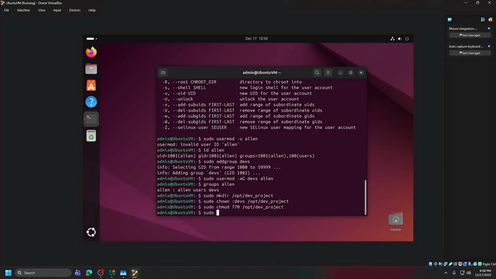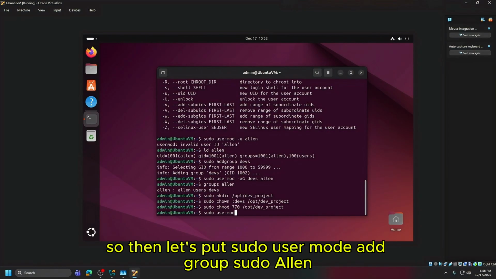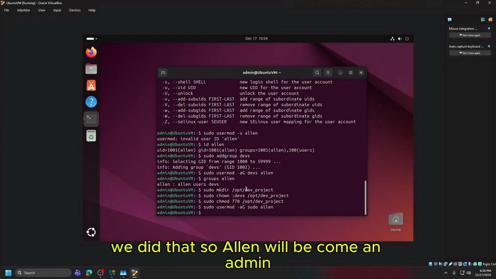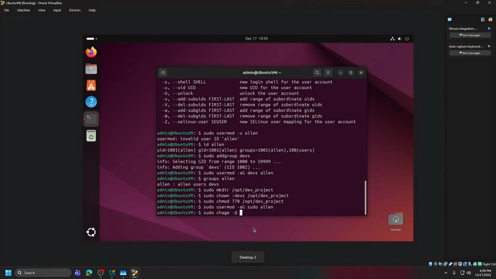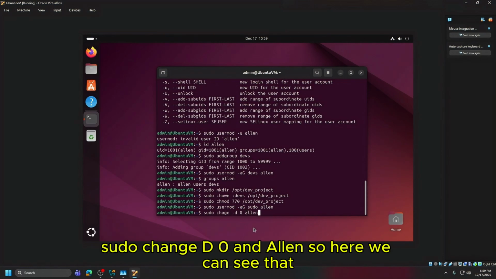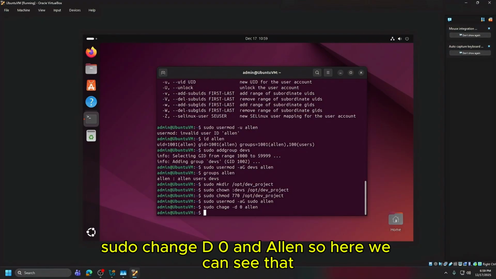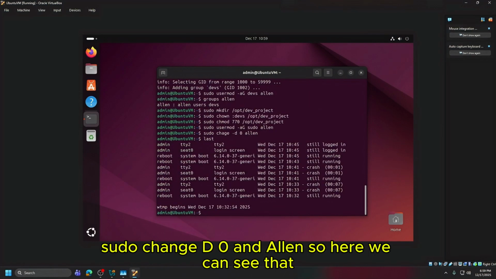So then let's put sudo usermod -aG sudo Allen. We did that so Allen will become an admin. Sudo means it's like an admin. Then sudo chage -l Allen.